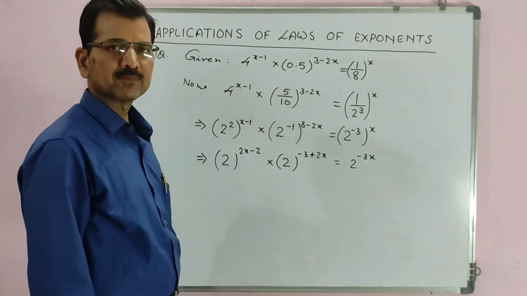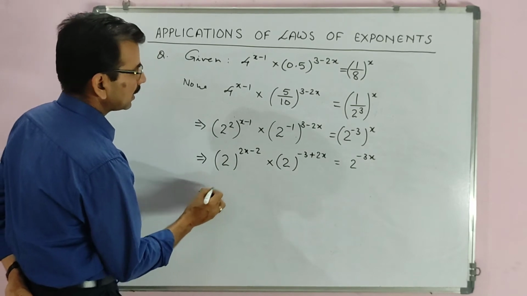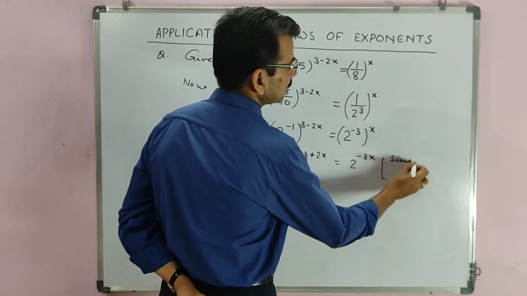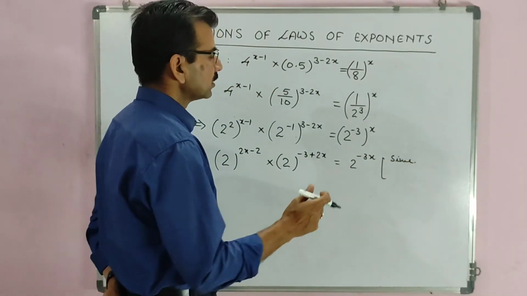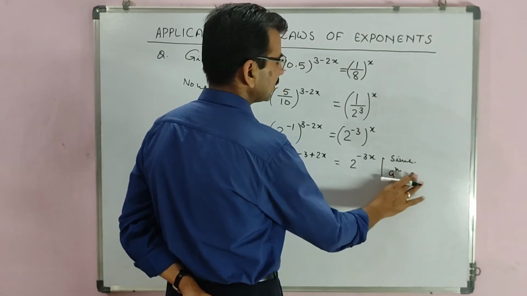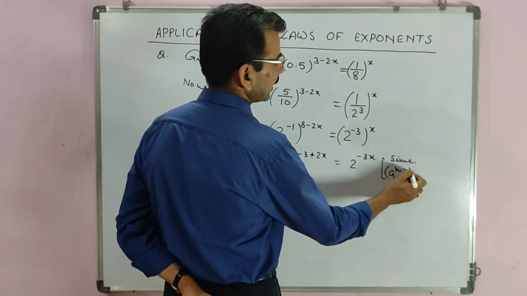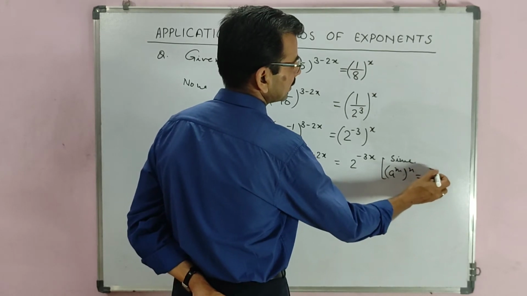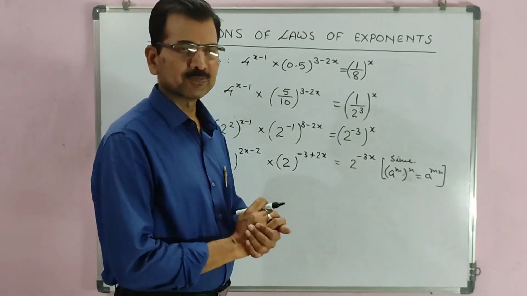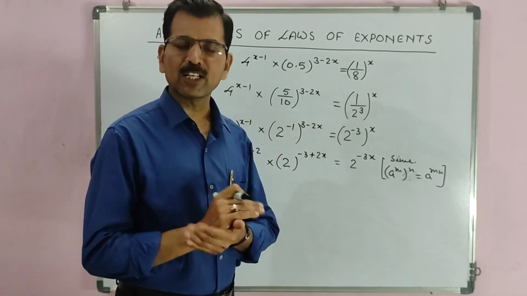Have you got it, children? Okay, good. Now here also, if I ask you by which law we have done, so we have the answer. In a good student copy, this law should be mentioned there. So a raised to power m whole to the power n is equal to a raised to power mn. You all are good students? I believe. Okay, that all students, those who are learning, all are good students.